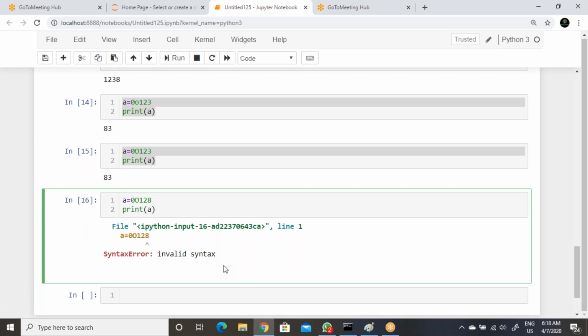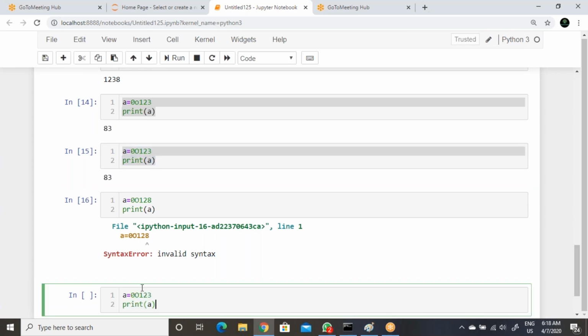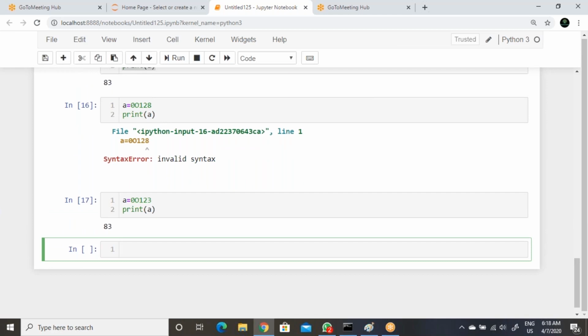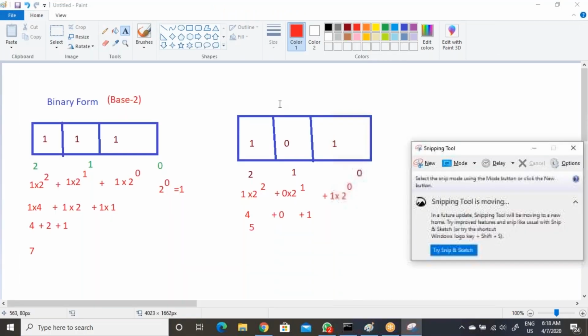I am just taking the screenshot, and I'll share it with you after the session. Binary. Fine. Then we can go for octal form now.